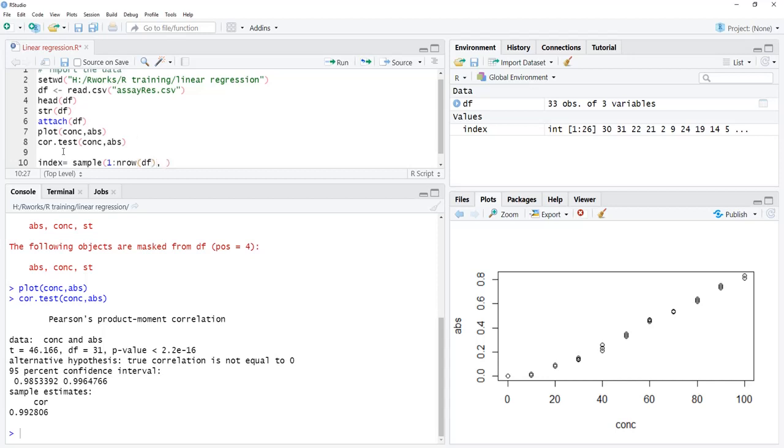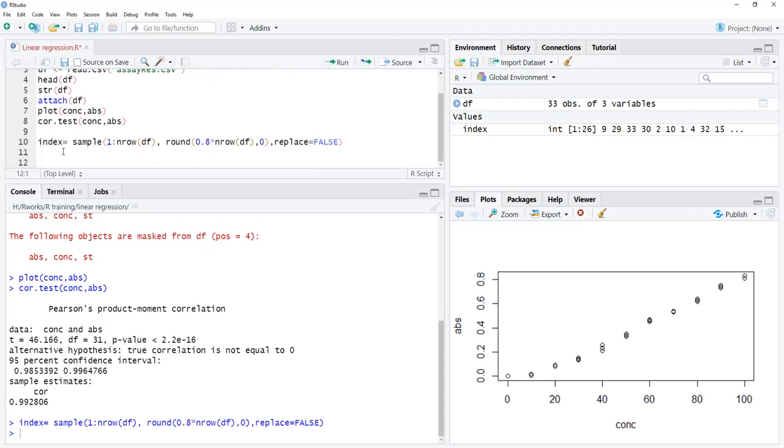For that, I will use the round function, round 0.8 multiplied by nrow. Rounding is necessary to make it an integer. You can use the integer function also for that, and rounding to 0 decimals, and in this bracket replace is equal to FALSE. We don't want to repeat the row numbers.